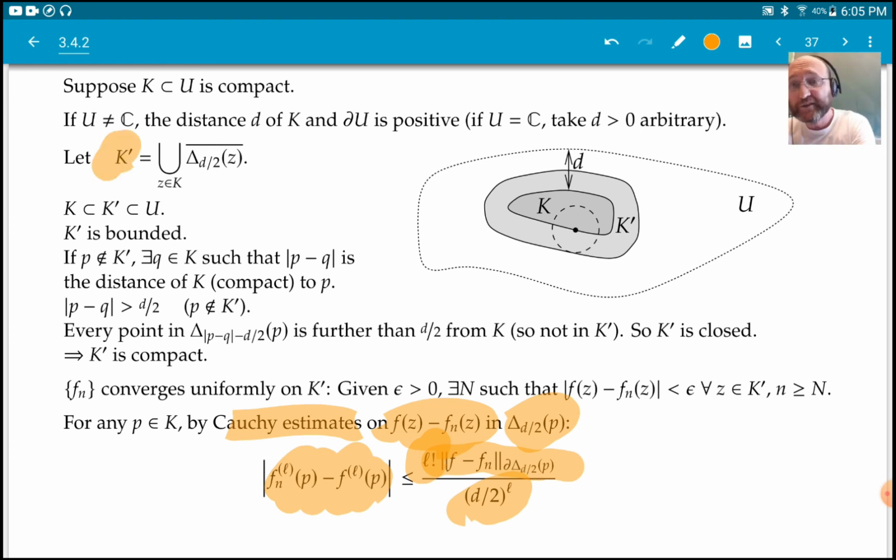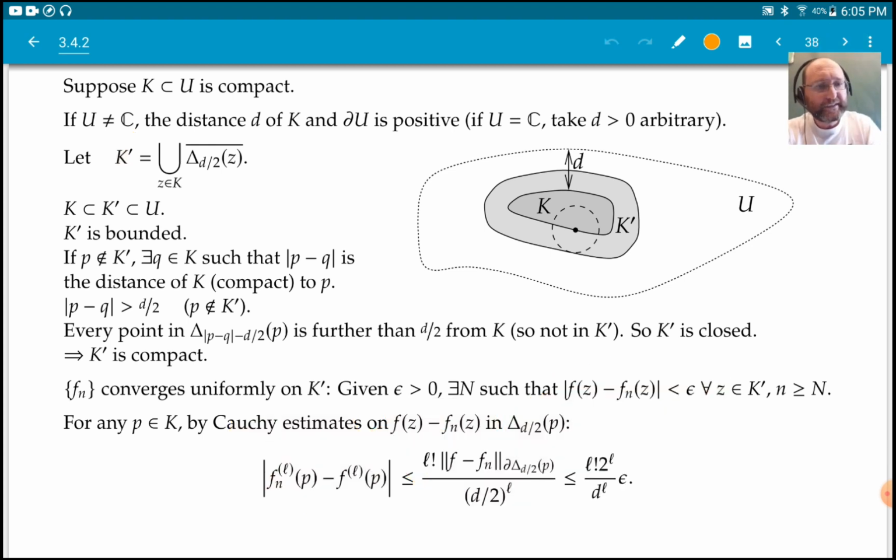Which is a subset of K prime, and we have this estimate. Therefore, I can bound this guy by epsilon, and if I rewrite the rest a little bit, I get some constant times epsilon. Well, that constant doesn't really matter, right? I can make epsilon arbitrarily small. Therefore, the Lth derivative of f sub n converges uniformly to the Lth derivative of f on K,